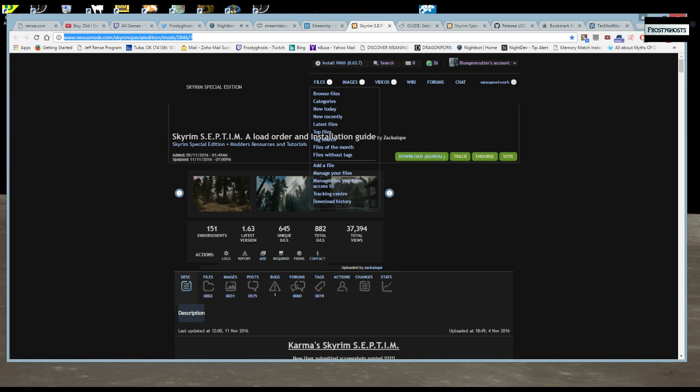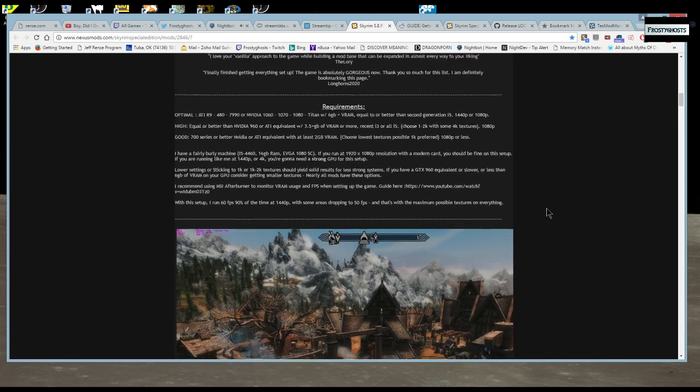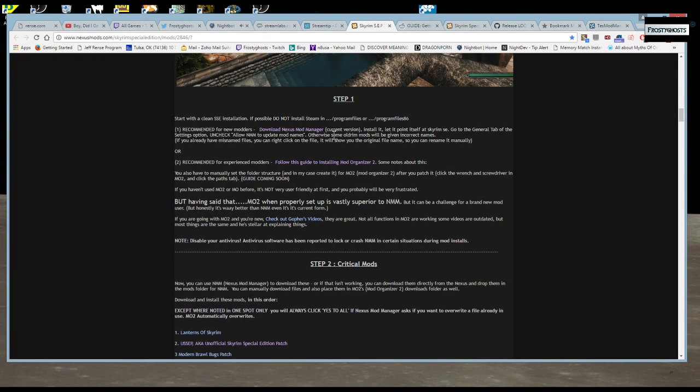For you guys in chat, because if you're a PC gamer like I am and you want to mod your Special Edition Skyrim, this is a page you're going to want to start with, called the Skyrim Special Edition Load Order and Installation Guide. And the reason this is important, not only because it's a guide, but also because when you scroll down, there are some things that you need to be aware of. For example, follow this guide to installing Mod Organizer 2. When you click on this link on this